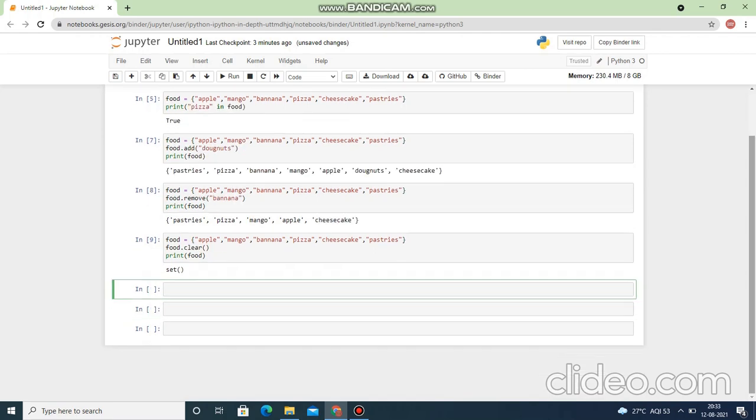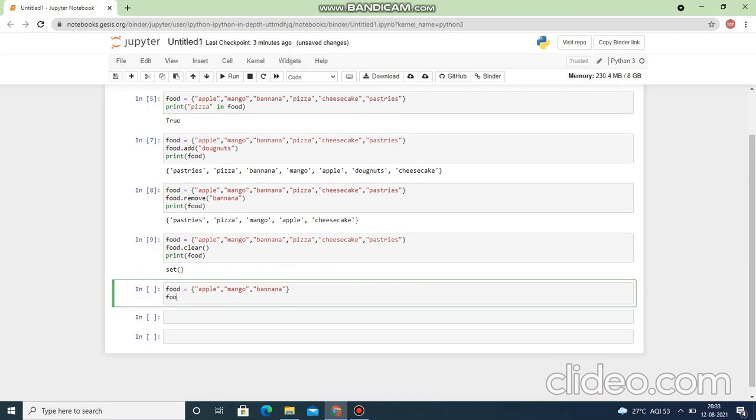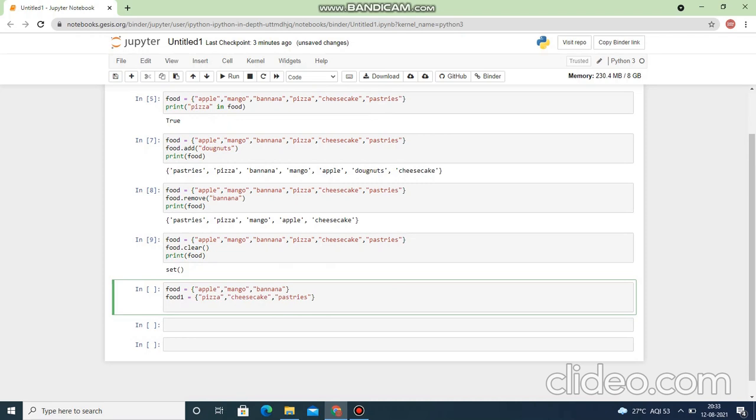Now I am going to tell you how you can combine two of the sets together. Here you might be thinking we are going to use the addition sign, or the plus sign, but here it is quite different.